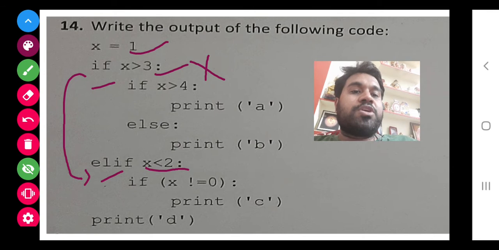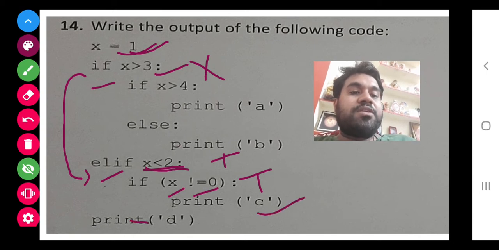Is 1 smaller than 2? Yes, it is a true statement. x not equal to 0 is also a true statement. So the answer will finally be C.